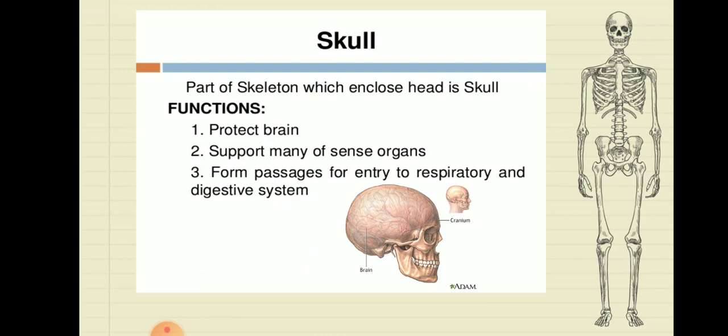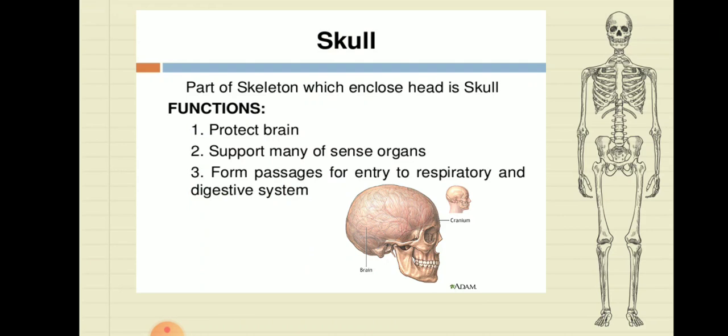And as we all know, all the bones in the skull are fixed except the lower jaw. You can see in the diagram given in your textbook, figure 4.11, the upper jaw and the lower jaw. The lower jaw is the movable jaw which we can move. We use it when we are chewing our food, when we are eating, even when we are talking, we move the lower jaw. So this is the only joint present in the whole skull which can be moved. The rest of the skull is immovable.